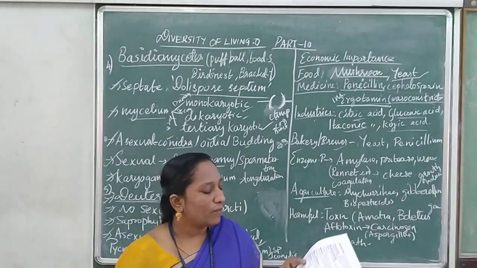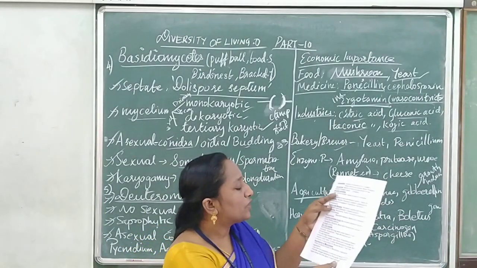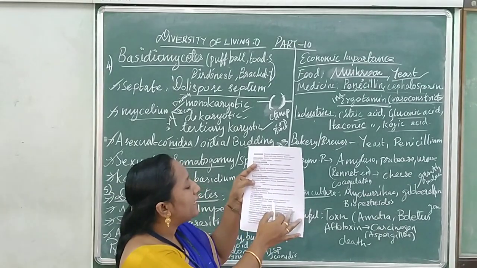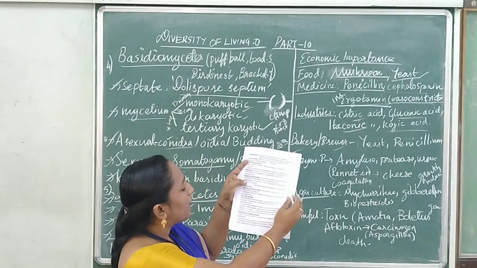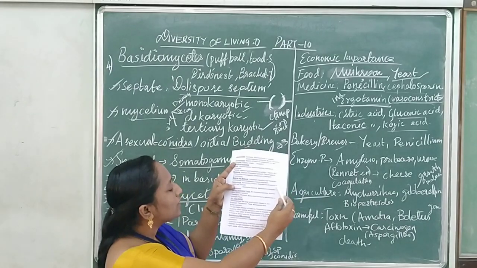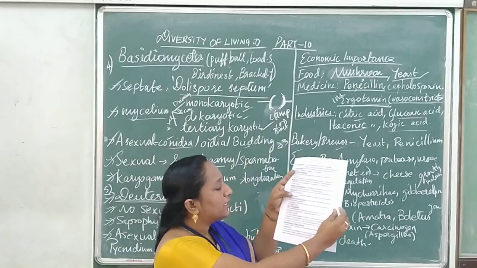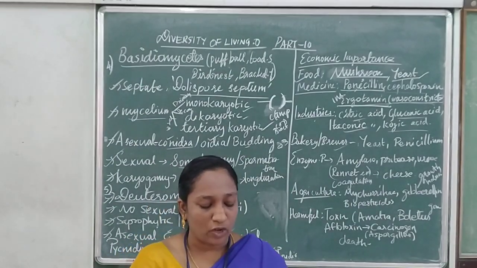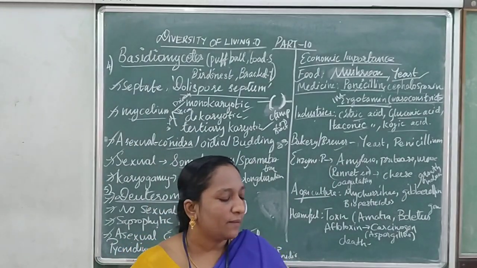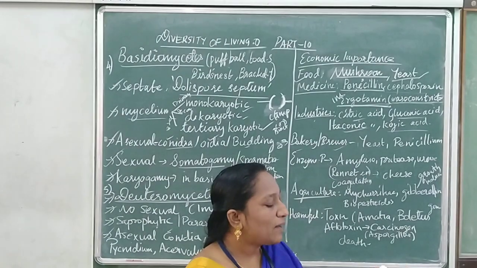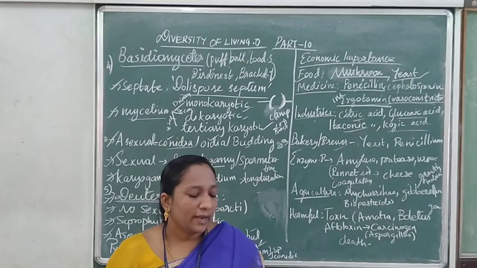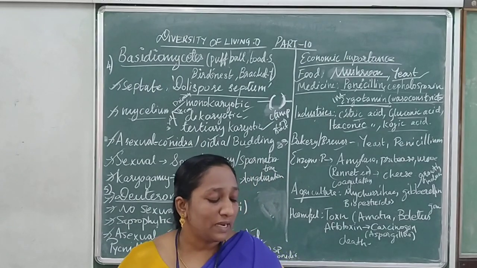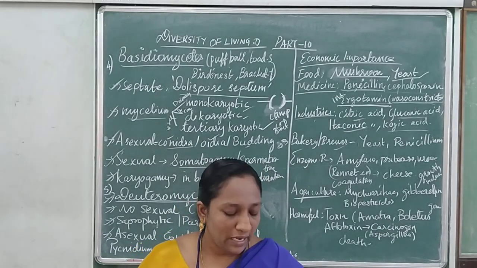One is dermatophytes, which are fungi that cause infection in the skin, especially Trichophyton, Microsporum and Epidermophyton. So these are all certain varieties. Dermatophytes cause skin disease in human beings. And late blight disease in potato is caused by Phytophthora infestans. It caused millions of deaths.